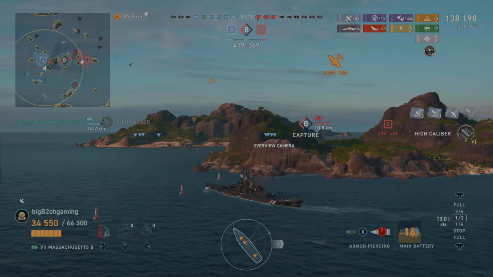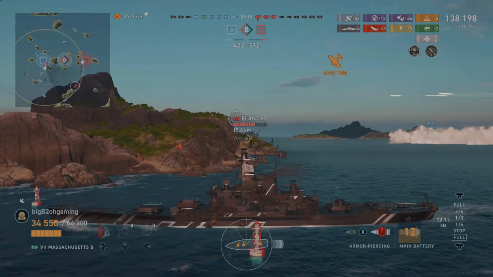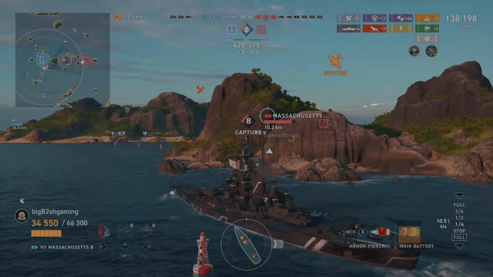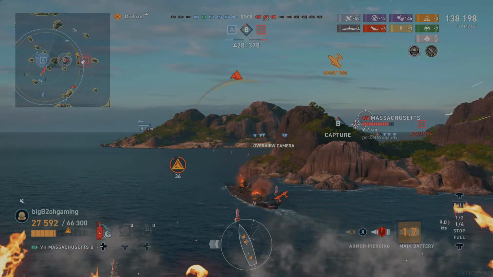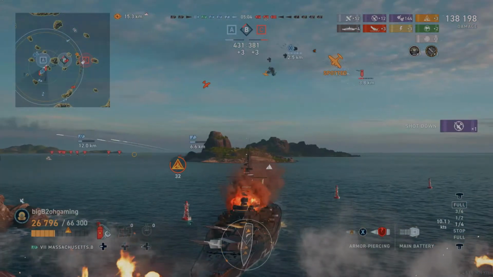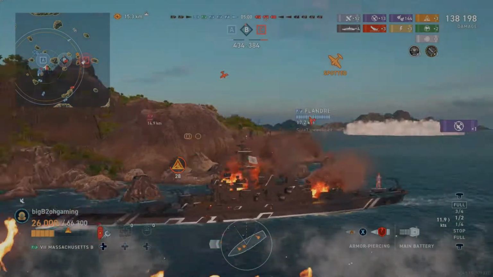As I played more games in the Massachusetts, I am debating whether or not I should go back to the spotter plane, because with this specific build, the secondaries do reload much quicker, and using the secondary button isn't as useful simply because of situations like that, where the destroyer just simply moves forward and secondaries can't lead. The only